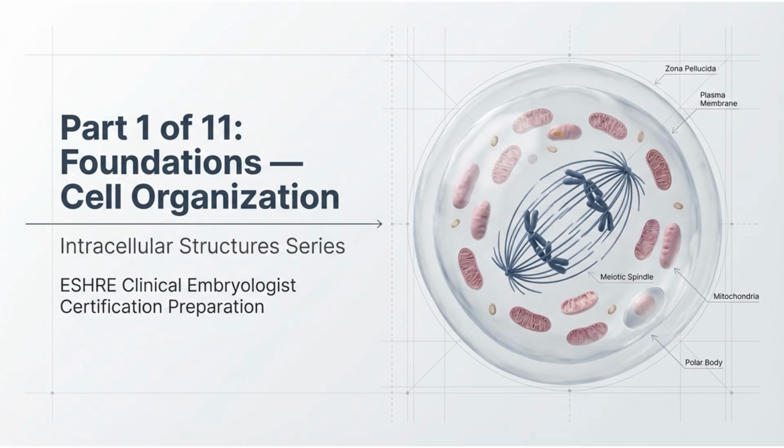Over the 20 slides that follow, we will move systematically from the broadest principles of eukaryotic cell organization down to the specific intracellular architecture of oocytes, sperm, and early embryos. By the end of this session, you will have a clear, integrated map of how cells are organized and, crucially, why that organization matters so profoundly for the outcomes we care about most. Let's begin by understanding exactly why cell biology sits at the very heart of everything we do in the in